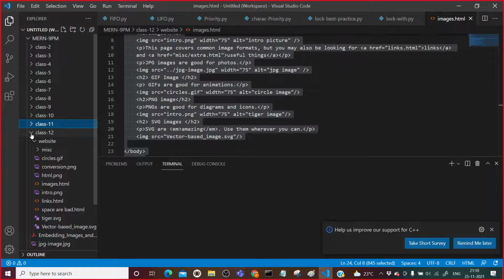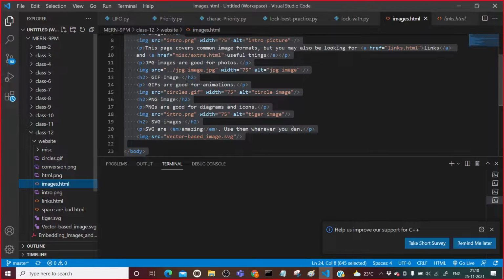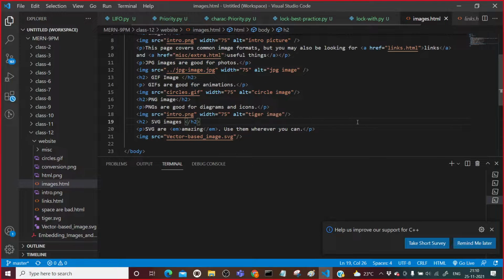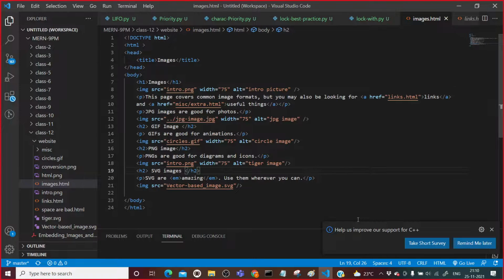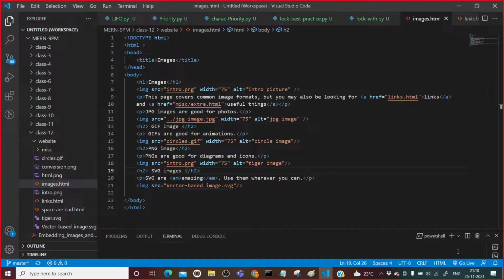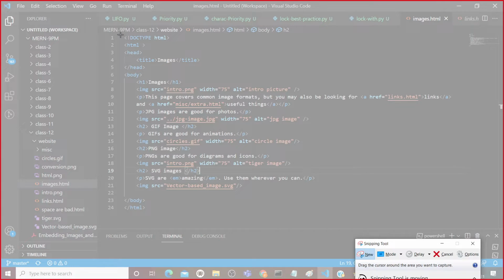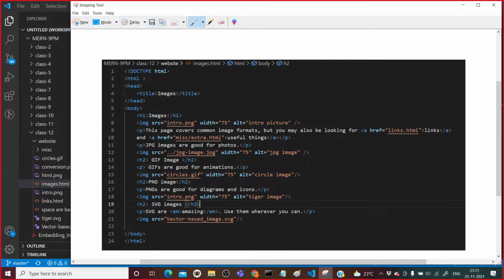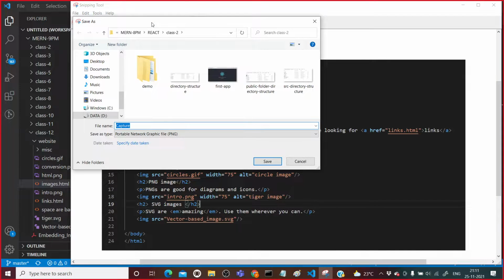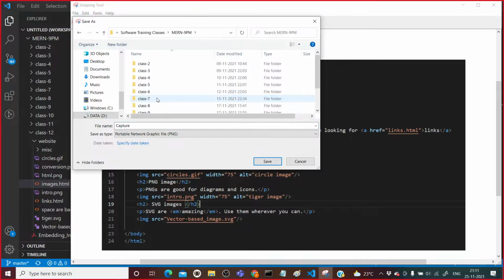I will be saying links.html or images.html. This was the file, so this is the page, right? I will snip it, and first I will be opening it. It is a complete page, and I will be saving it in my particular folder.